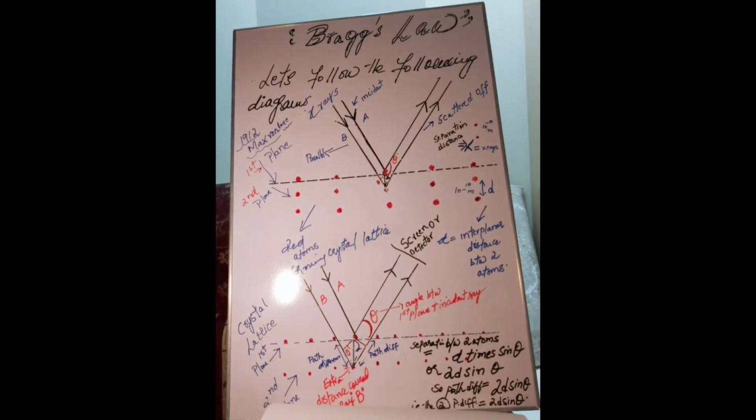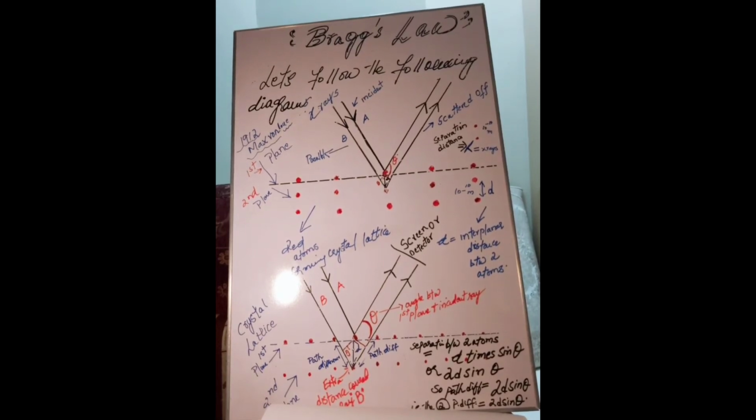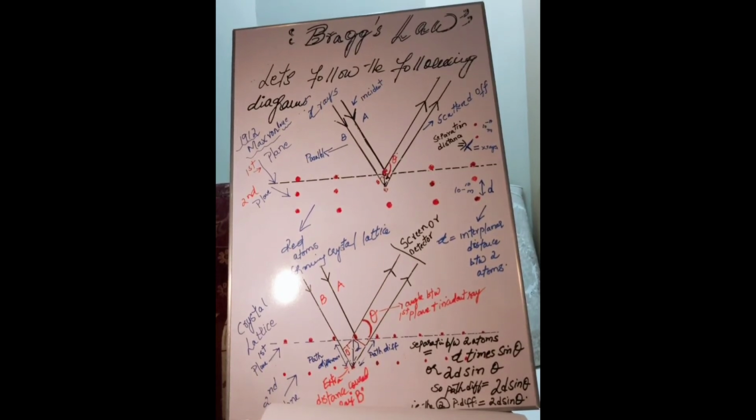The two beams were in phase when they hit the atoms, but the second beam traveled an extra distance than the first one. So this is simply the extra distance called the path difference traveled by the second beam. I hope you find this video very interesting, and I hope you will be able to understand now what Bragg's equation is, and what happens when these parallel rays hit the crystal lattice, the first plane and the second plane, and